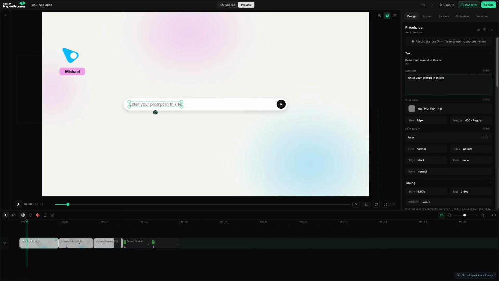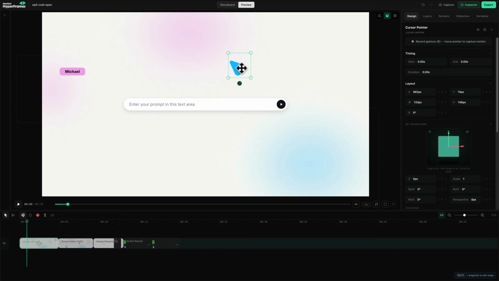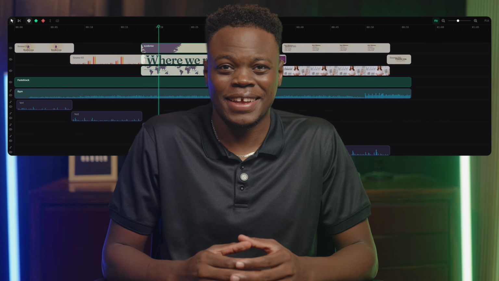Creating videos with HyperFrames can be as simple as writing a prompt. But what if you want just a little more control? Maybe you want to change some text, move an element, or adjust the timing of an animation. That's exactly where the timeline editor comes in. And by the end of this lesson, you'll know how to navigate the editor, make quick changes, and confidently edit